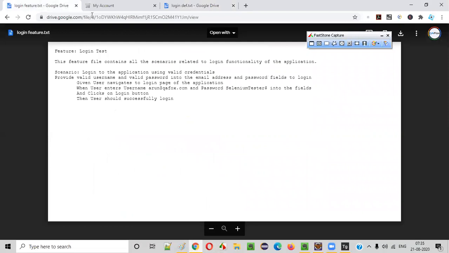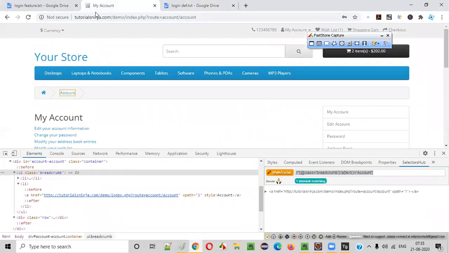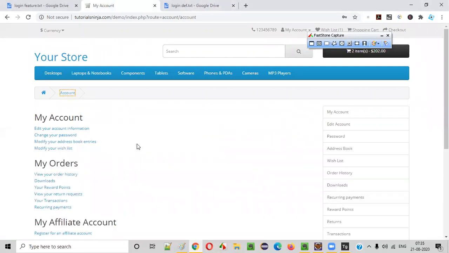And you tell me, guys, now this particular statement, if this login is not successful, what will happen, guys? If the login is not successful, what will happen? This account breadcrumb will come or not? You'll be able to get this account breadcrumb when login has failed. What do you think? Guys, you have to tell me in the chat.